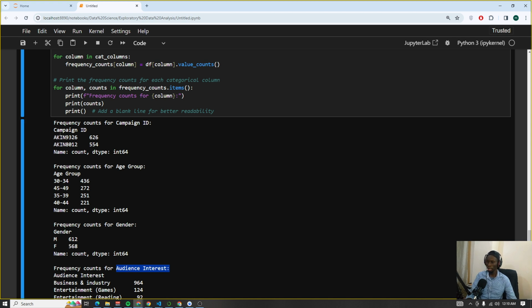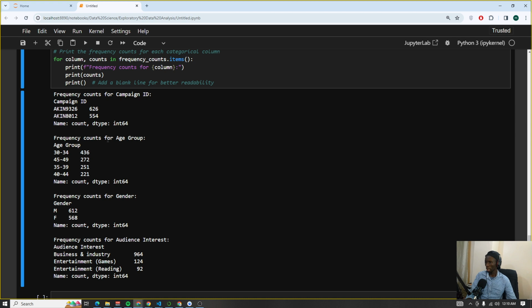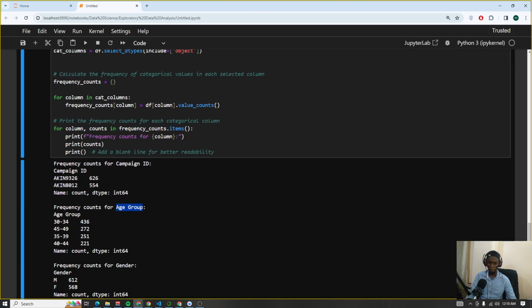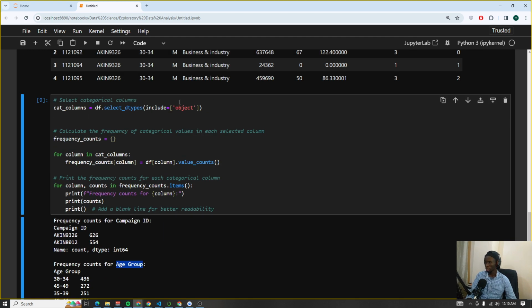So earlier on, we saw that we had 2 ad campaigns. So Akin 9326 and Akin 8012. So these are the 2 campaign ads, and you can see the count of the instances of both. Then for the frequency count of age group, you can see the different age groups, 30 to 34, 45 to 49, 35 to 39, 40 to 44, and the respective count of these values in the age group attribute, and so on and so forth. So you can see the count of the respective values in each column containing object as the data type. So we can then